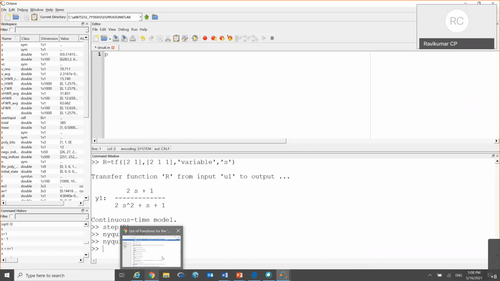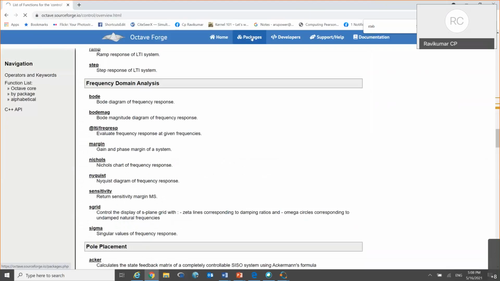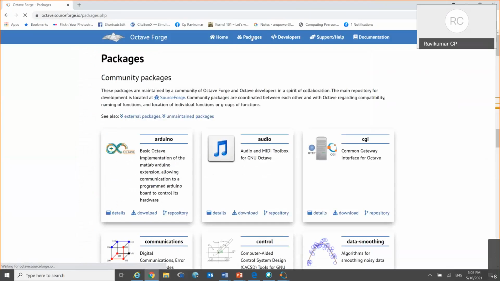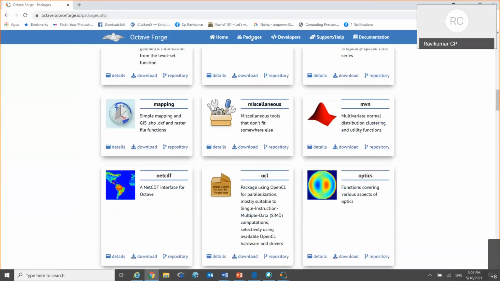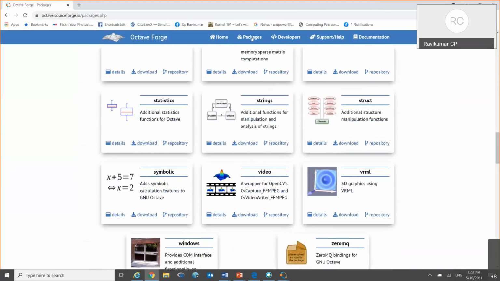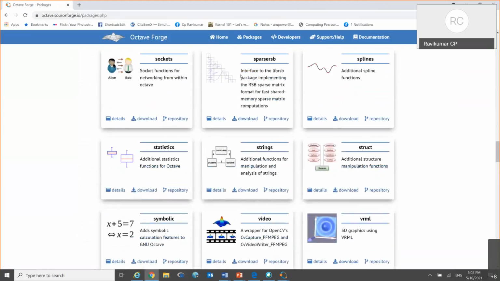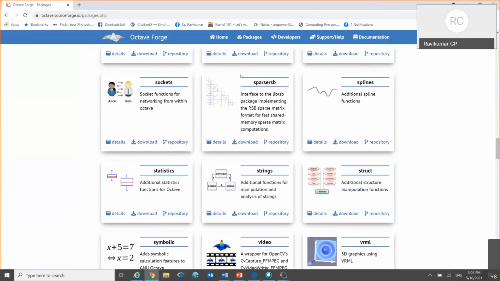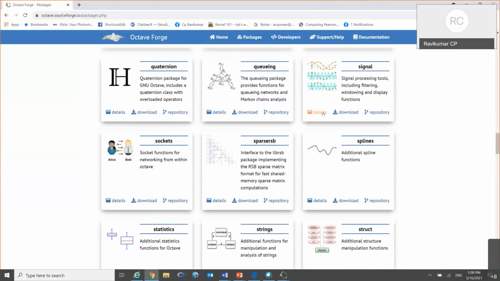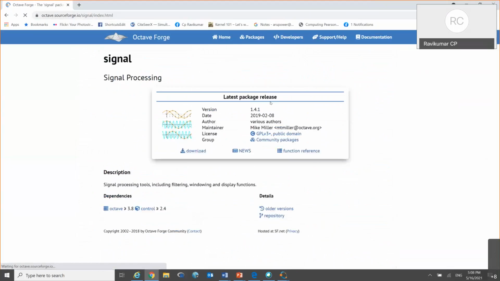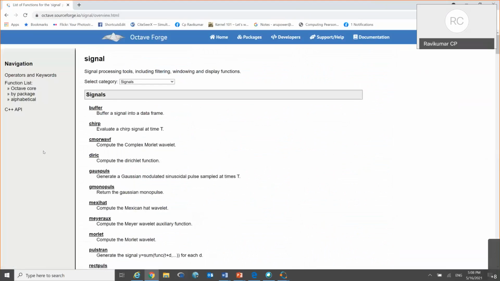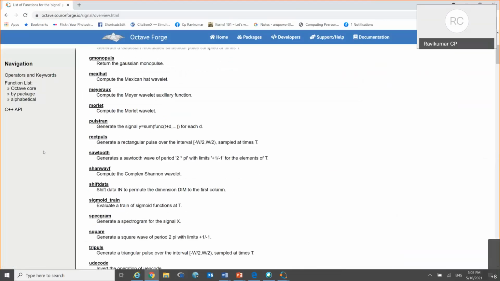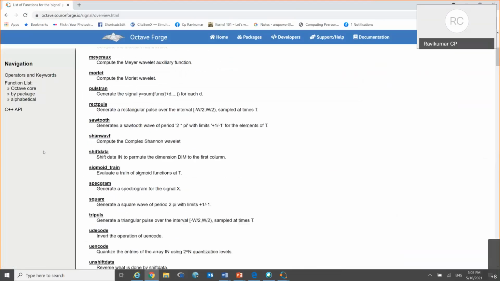There is a signal package. If you have taken a course on signal processing, you may be interested in all these signal processing functions,